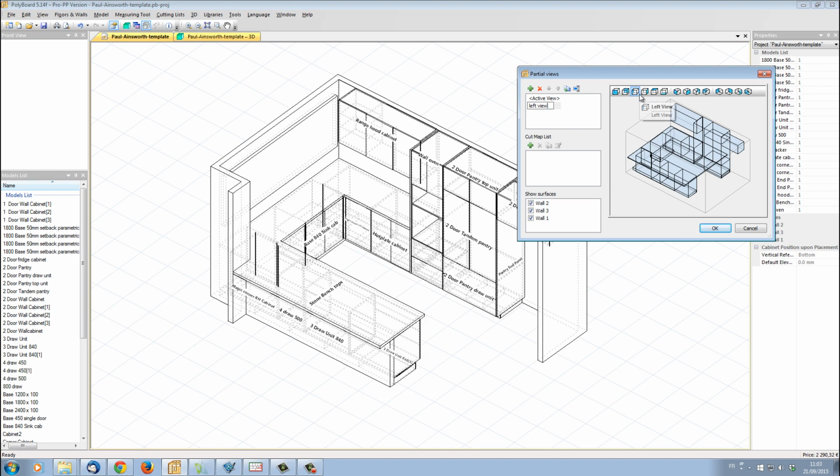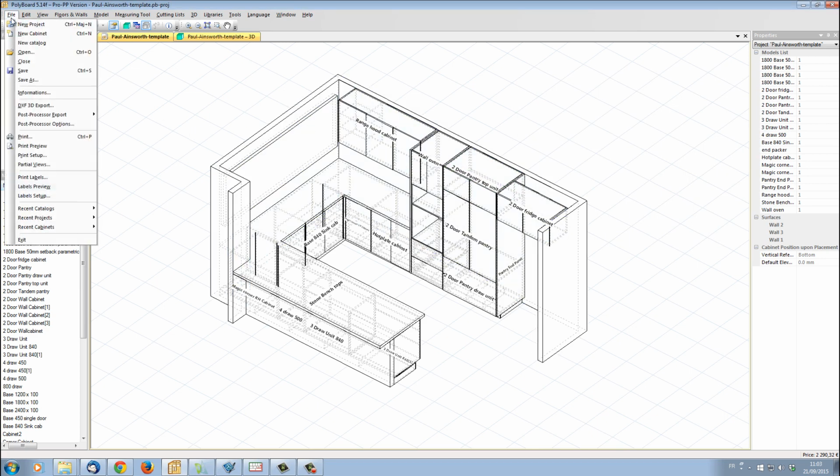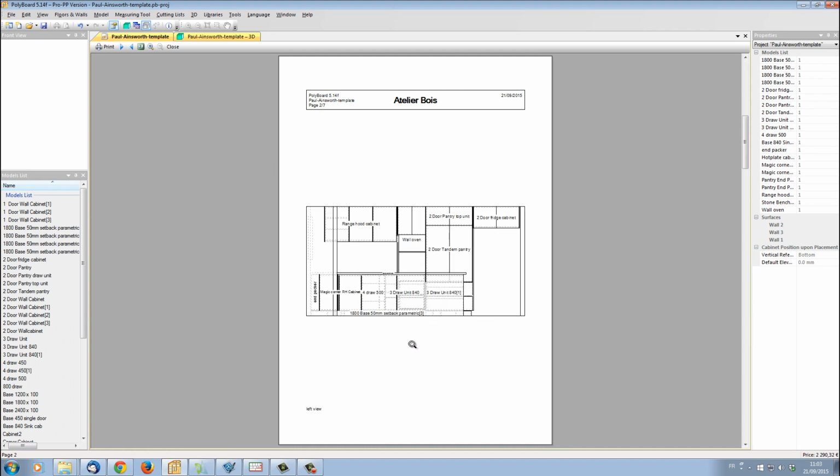the button here, left view button up top, we'll get a flat elevation view of the right hand wall of our project. If I click OK, now let's see what our manufacturing document looks like. If I go into print preview of our manufacturing document, the first page I'm going to get exactly the same view as normal, and now I have on the second page an elevation view of the right hand side